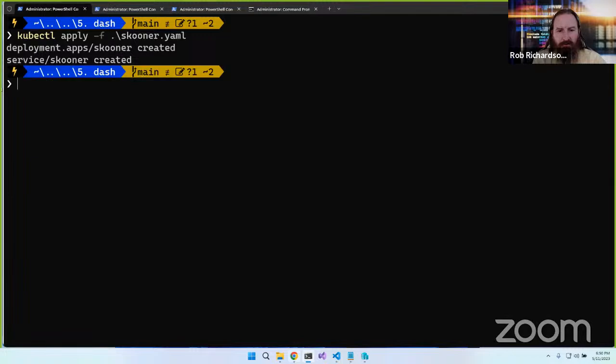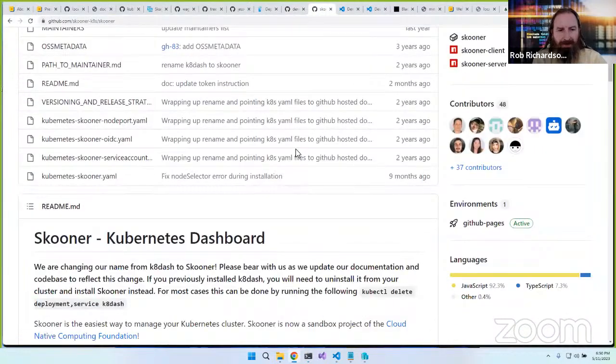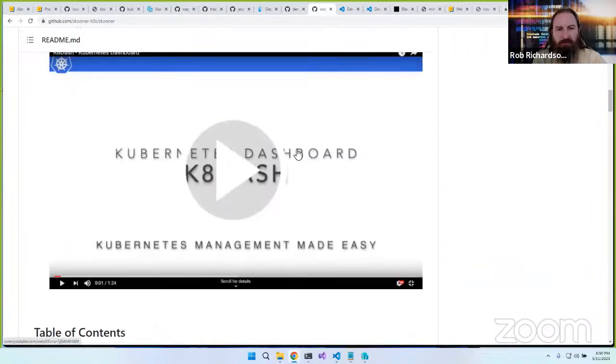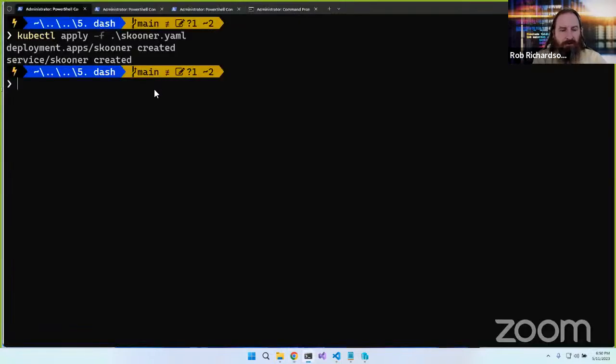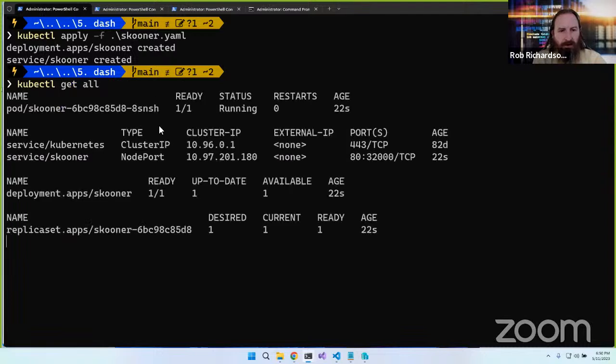And let's take a look at what is Schooner. Schooner, formerly K8-, is a great way to visualize a Kubernetes cluster. Now, Kubernetes does have a built-in dashboard, but it doesn't have authentication built in. And so once we get this started, let's go find the port that was on, kubectl get all, and it